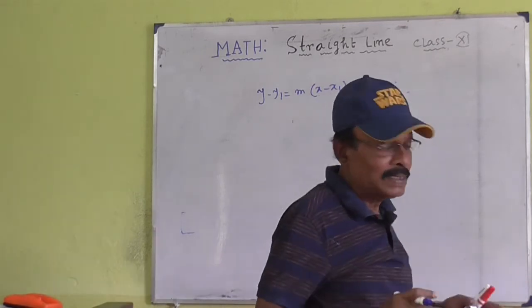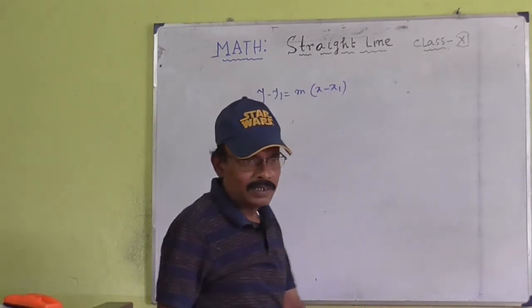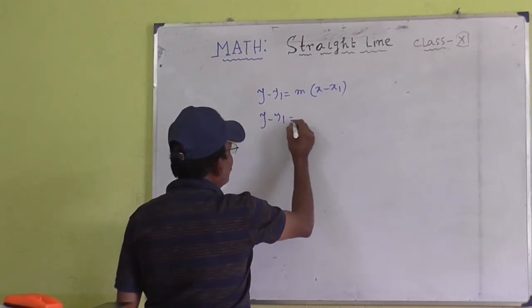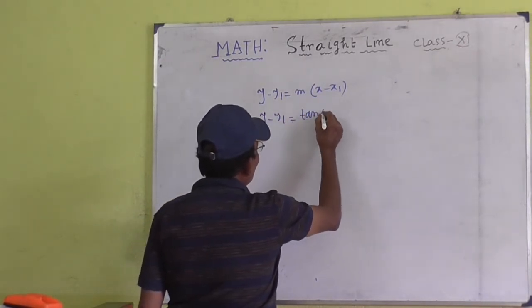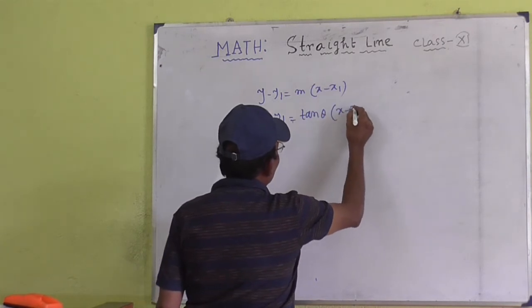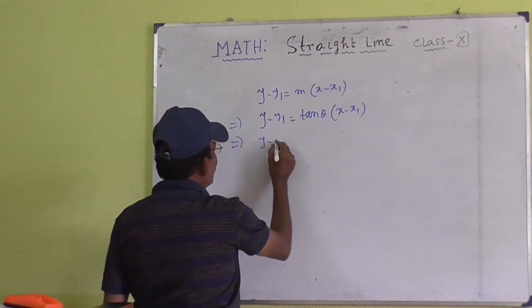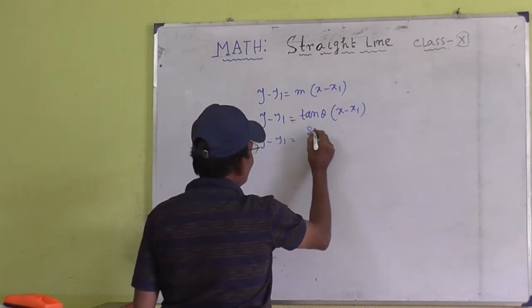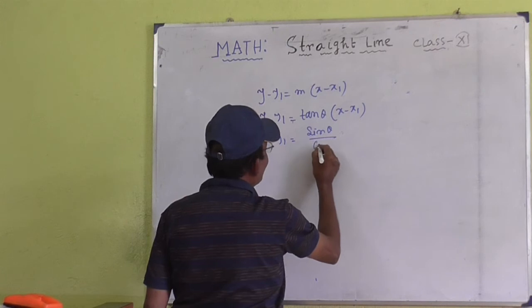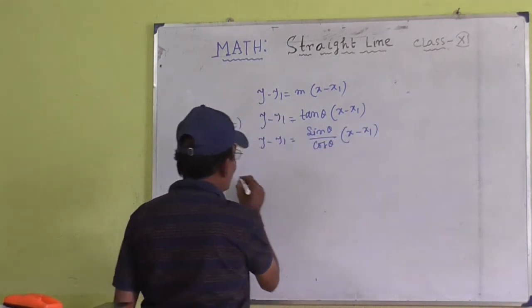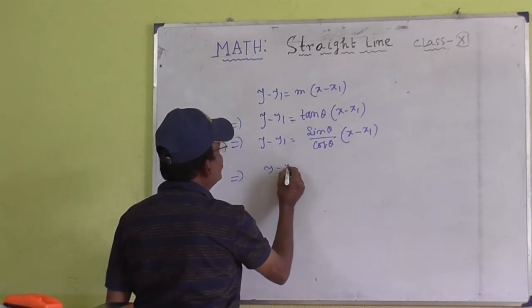M means gradient, that means tan theta, that means sin theta by cos theta. So y minus y1 equals tan theta times (x minus x1), which is sin theta by cos theta times (x minus x1). If we arrange this